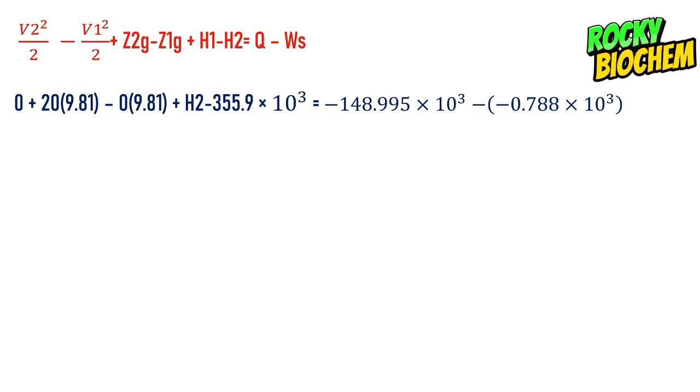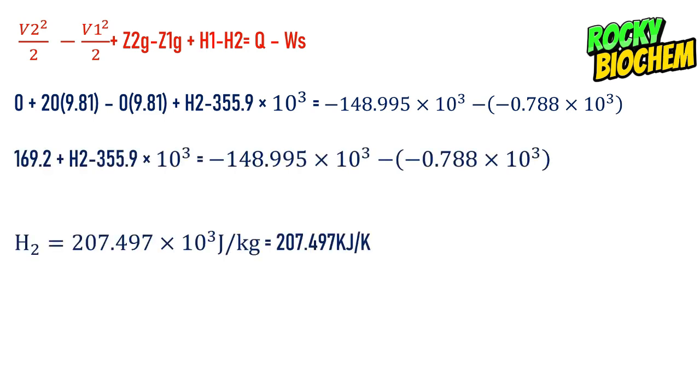So Q should be negative, and also the shaft work should be negative. The shaft work itself should be negative because the system gave up heat to the surrounding. So when you compute the whole of this, you are going to get your H2 to be equal to